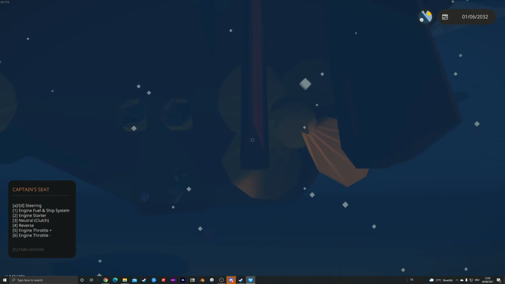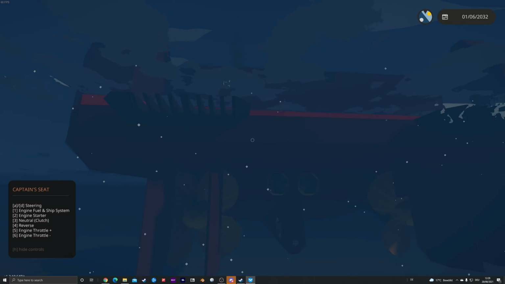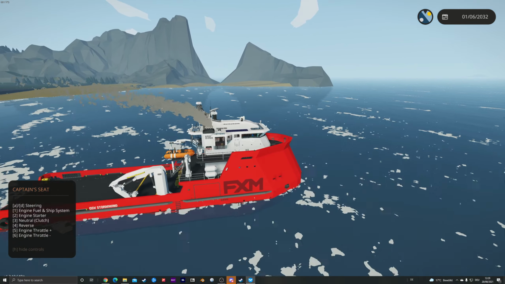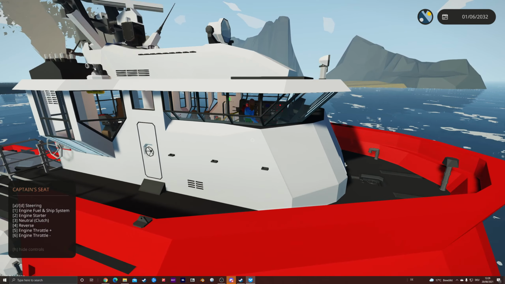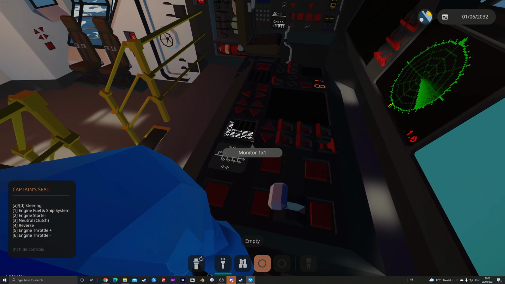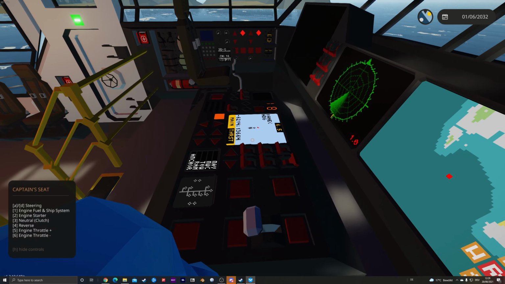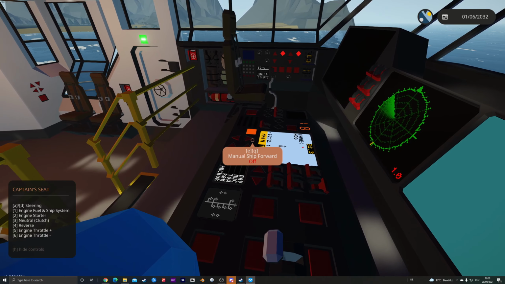The propellers, as you can see here, are spinning, and as you can see here, I've got rudders which work. So the whole simulation in a very simple, low fidelity form of this vessel is possible. There's actually in here a full dynamic positioning system. So if I turn this on,